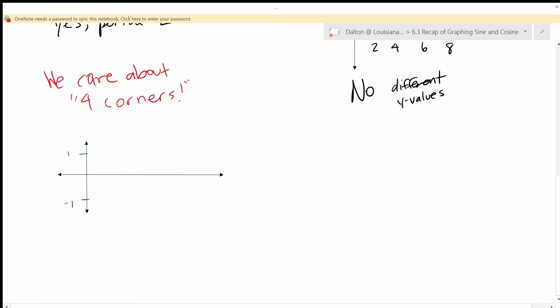So again, your four corners. If this is y is equal to the sine of x, sometimes you might see it as y is equal to the sine of theta, right? Because theta typically deals with our radians. So again, let's just do four corners. The first one, if we're starting from standard position, is 0. The next one is going to be pi over 2, straight upward. The next one is going to be